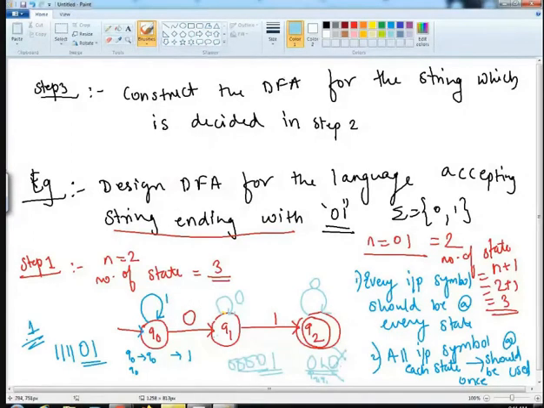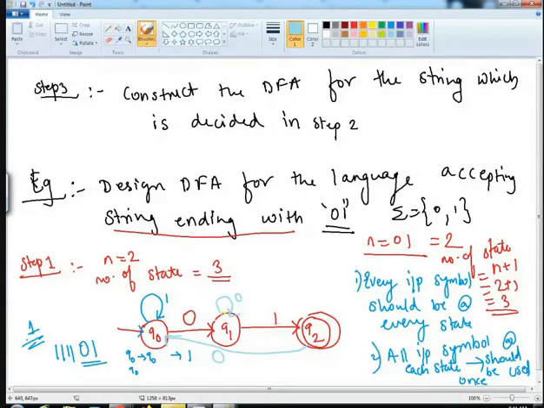Understanding? Because if I give an input of 0 1 0, the machine will take 0 from your Q2 state and it will go into an accepted state. So I cannot place this self loop here. Then what can I do? I can place this to Q0, right? With this what will happen?